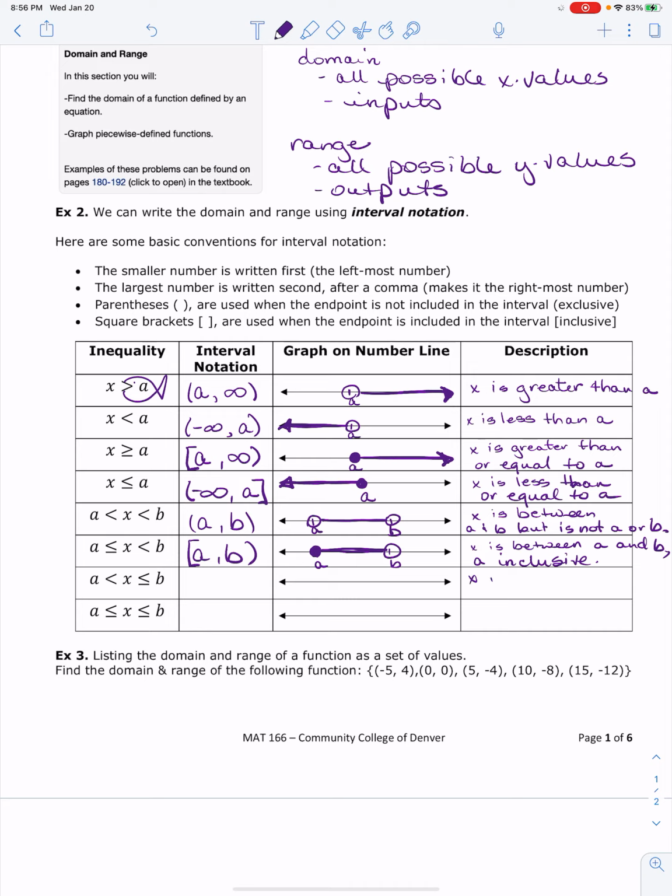And so the next one down, x is between a and b. I'm going to write this one a little different, and can equal b. Same interval, a to b, closed circle at b because we can equal b, open circle at a showing that we can go down as far as a, but we don't include a, square bracket on the b, parenthesis on the a,